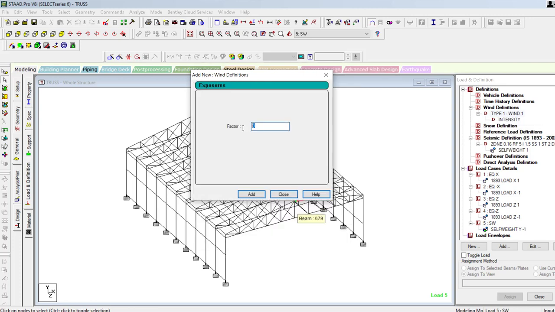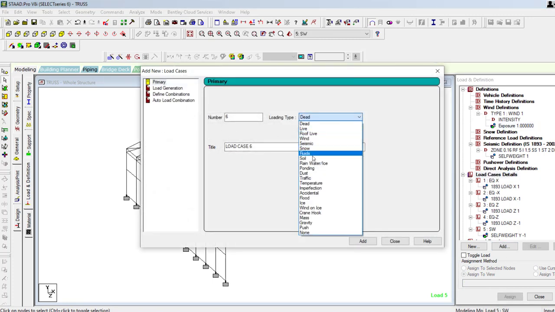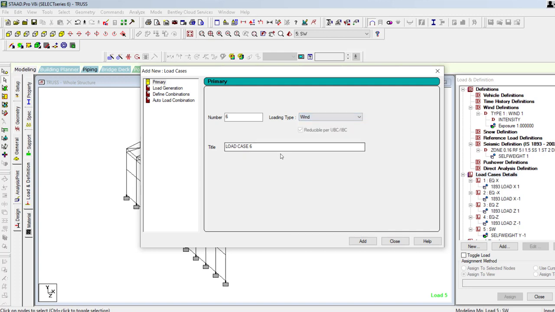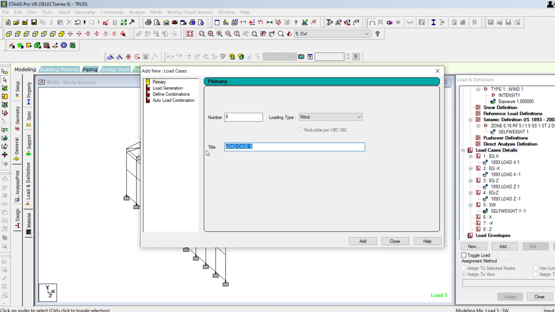Add exposure, as this is because of the truss, I am just going with 1 factor and apply it to the view. Same thing, load case details, add the wind category, that is X, add minus X, add Z, add minus Z, add and close.